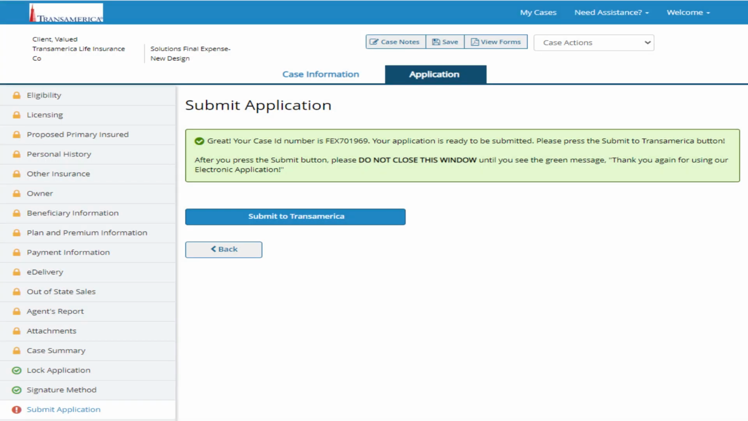At this juncture, you are almost finished with the application. On this window, you can see a case number is automatically generated for you. This case number represents the policy number, so make sure to write this down for your records and your client's records. When you click the Submit to Transamerica button, all inputted application data is transmitted to Transamerica, and the underwriting